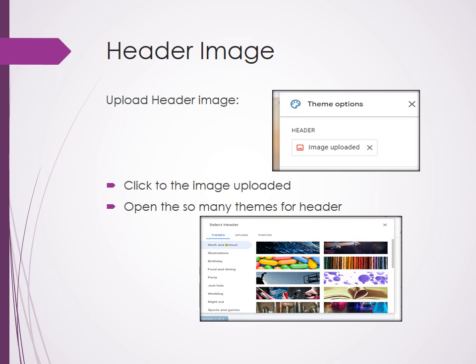Header image. In the last slide we have seen how the font and the color will be changed. Besides this, at the top of the form you may add some kind of image which will make it more decorative and attractive, or it may give some idea about what kind of information you are collecting from the respondent. For example, here in the tab I have selected images related to education. If we go with that book, the respondent will think that some kind of academic information has been asked. If you are using some kind of music, it may be general questions. So depending on that, you may select a particular header image.